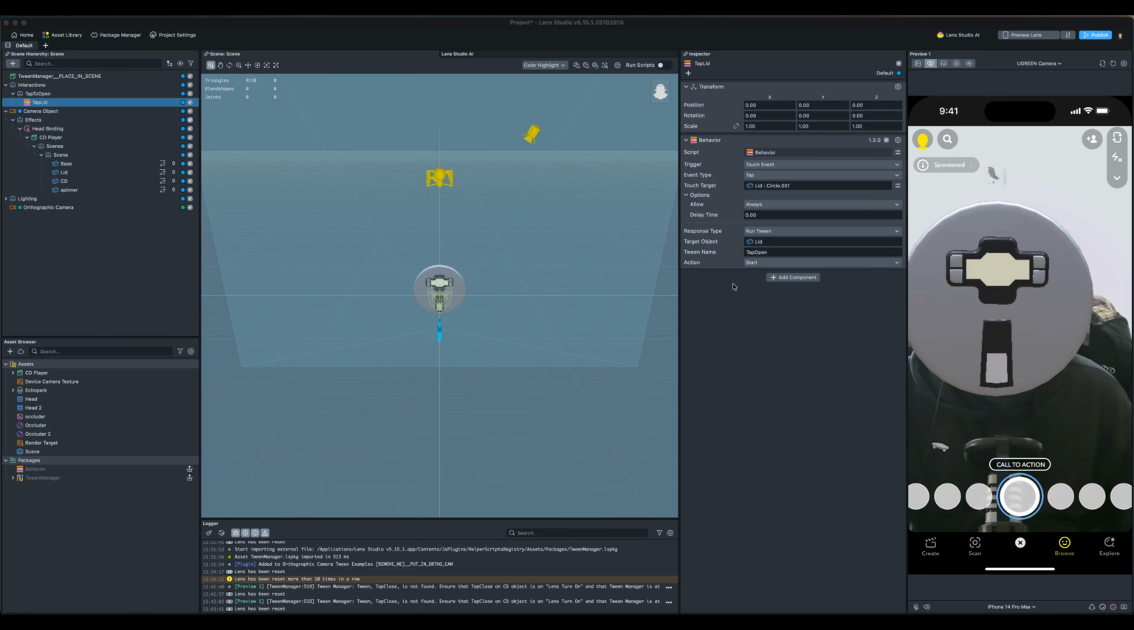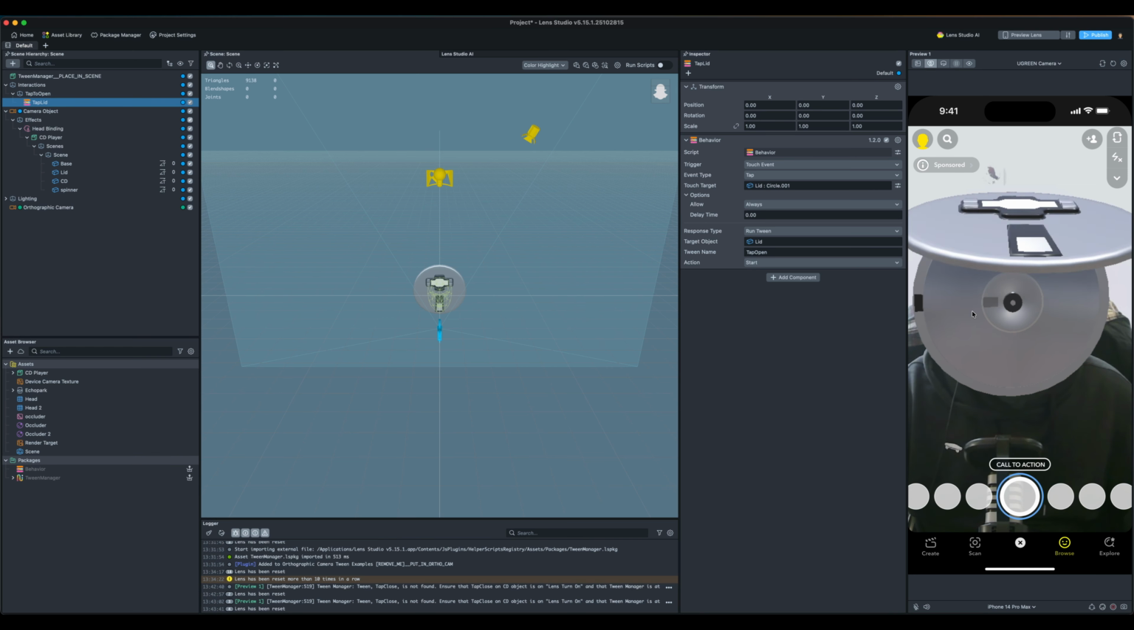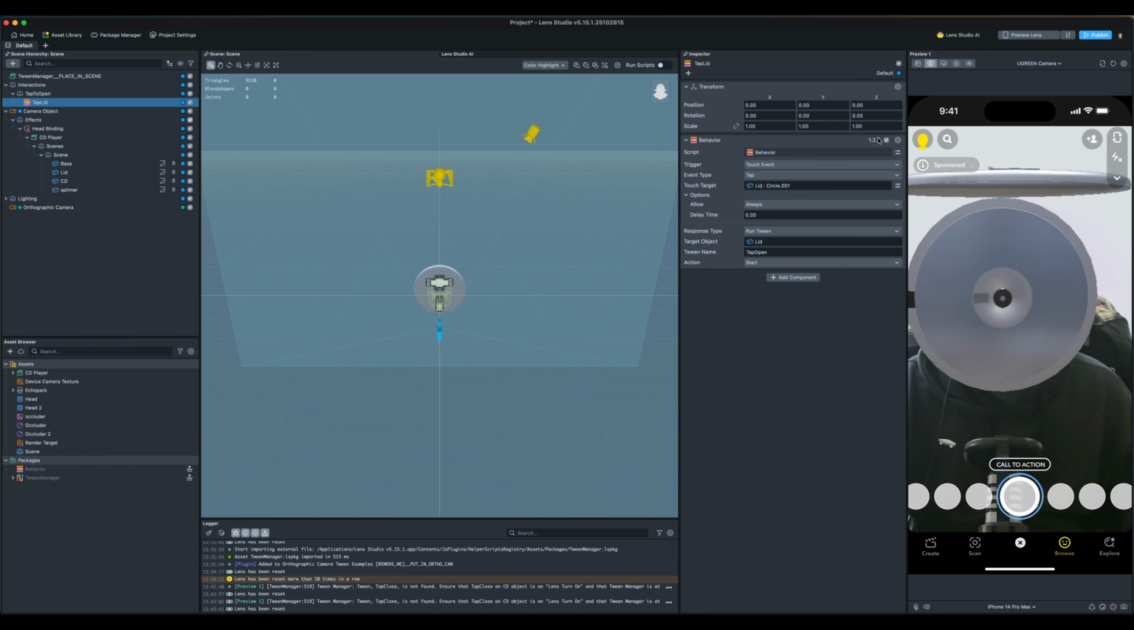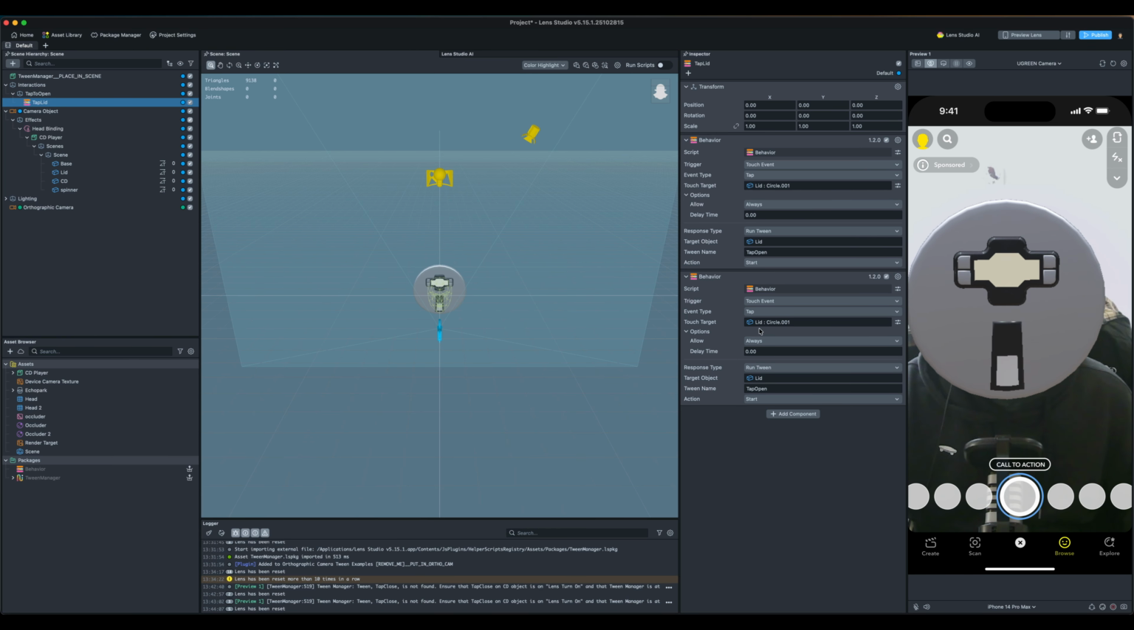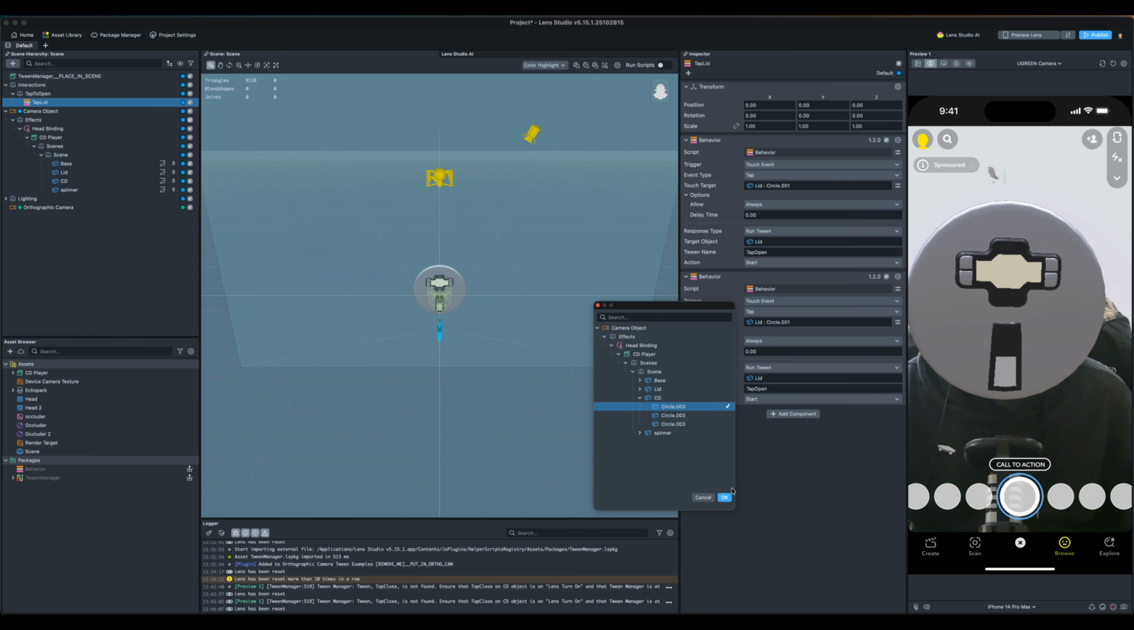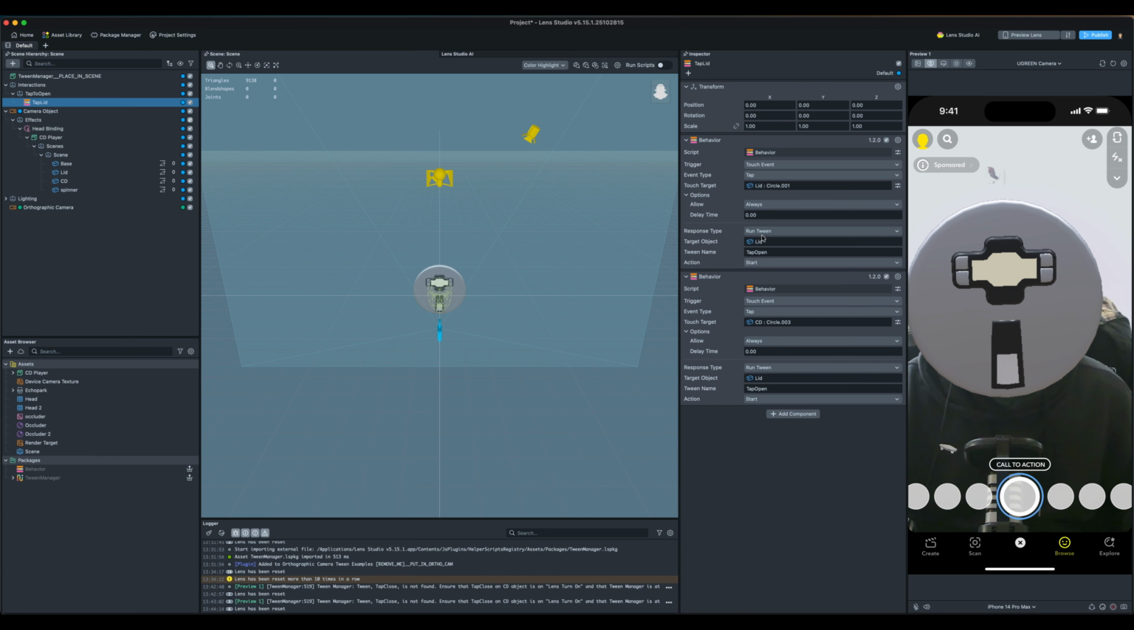Perfect. Right, so when we tap the lid, it opens, but then we can't close it again, and if we keep tapping the lid, it just keeps opening. So we need to basically duplicate this and make it tap close instead. So we'll copy this and we'll paste it, and then the touch target for tap close is going to be the CD. So let's pick one of the CD meshes, and then we'll change this to tap